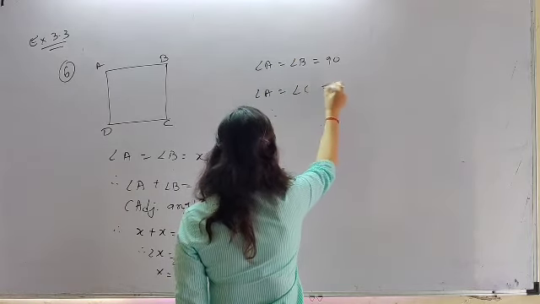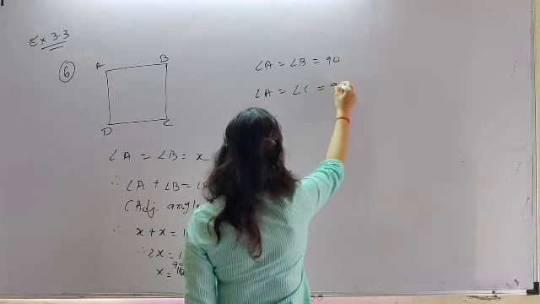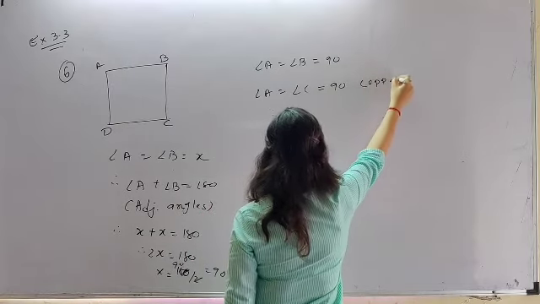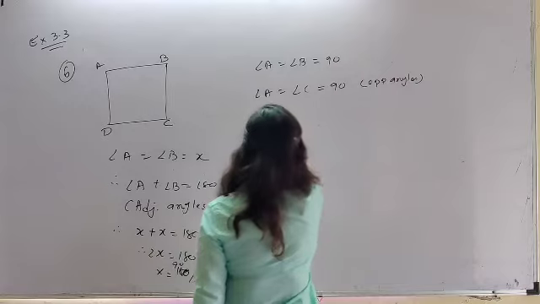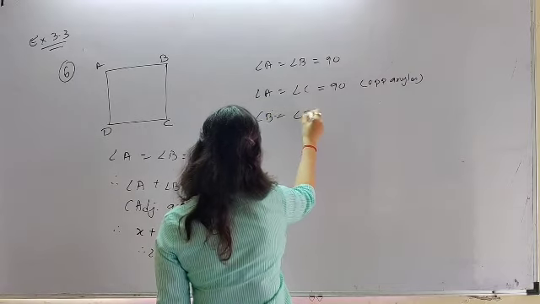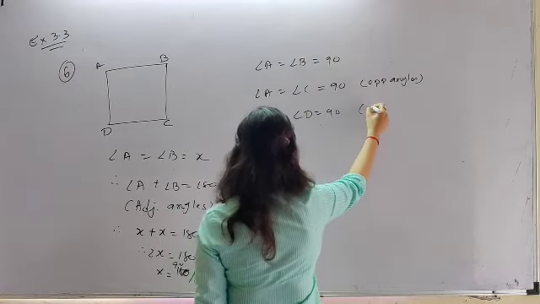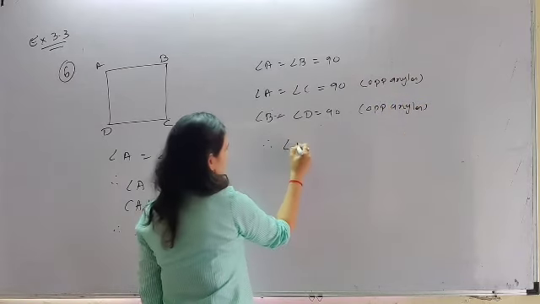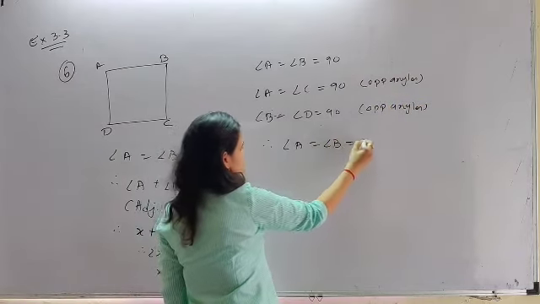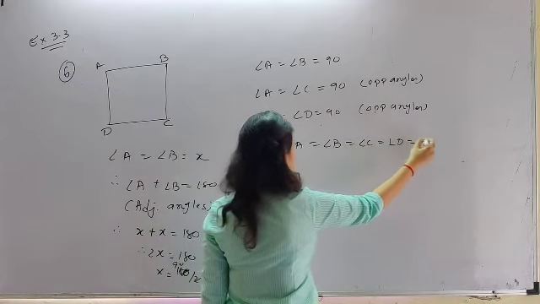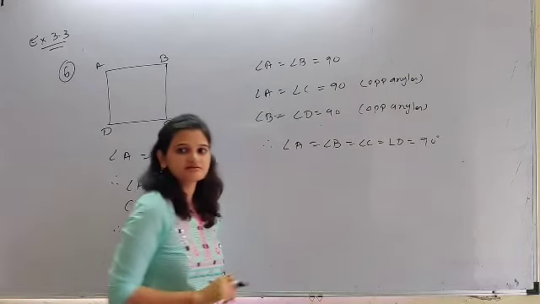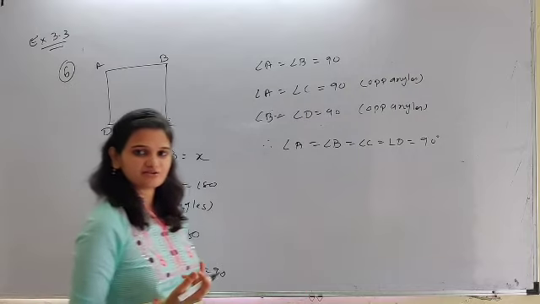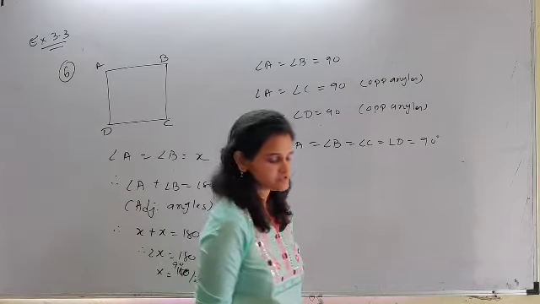Similarly, angle A is equal to angle C. They are opposite angles. And angle B is same as angle D. Also they are opposite angles. Therefore, all angles are right angles. Angle A is equal to angle B is equal to angle C is equal to angle D. All are 90. That means the given parallelogram is either a rectangle or a square.